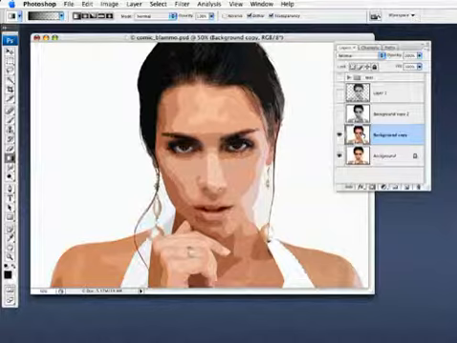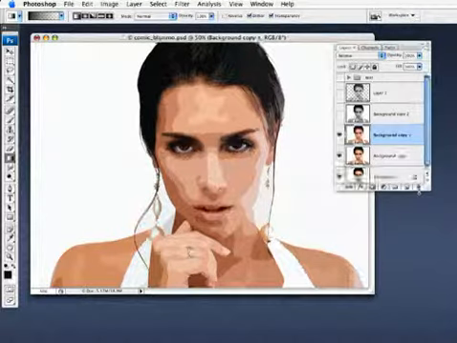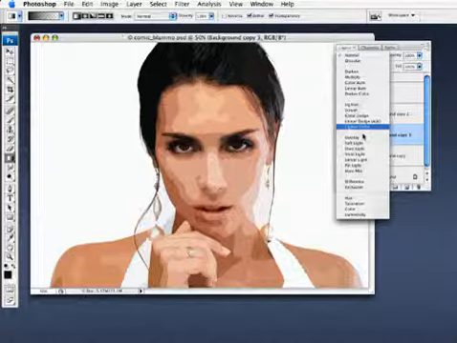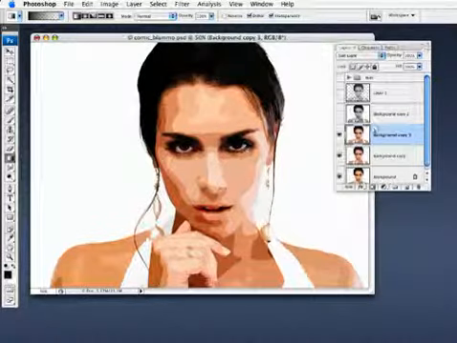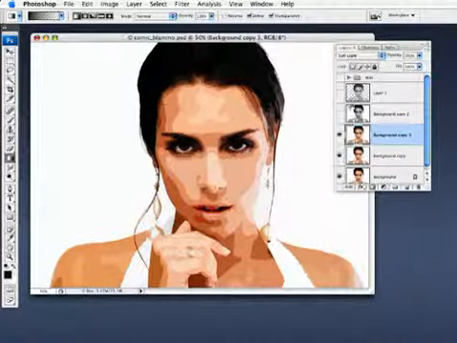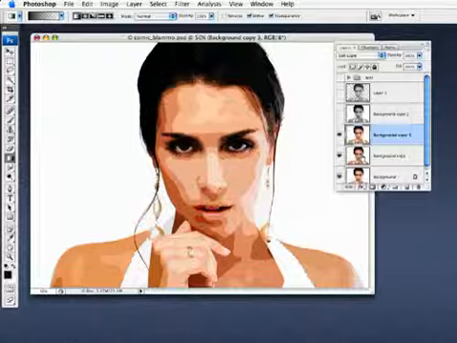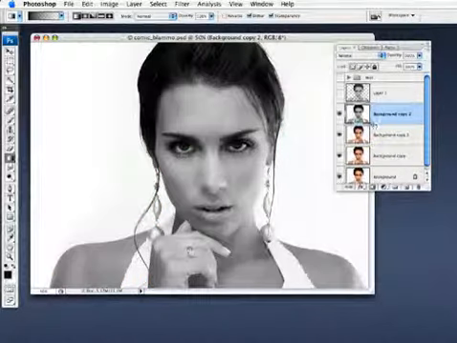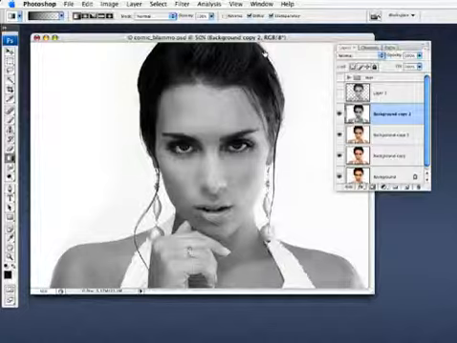We'll just hit OK. Then I'm going to duplicate that layer and change its blending mode to soft light, which is right there. And that will get those colors a little bit more saturated, giving us a much deeper color there. Now let's activate that grayscale layer that we removed the color information on, and we're going to go